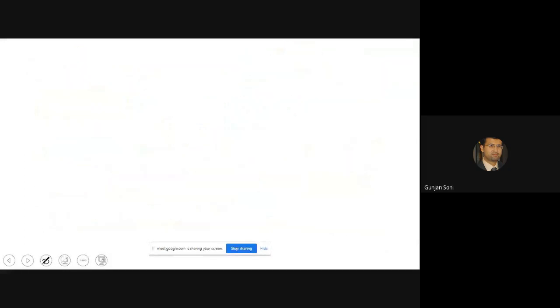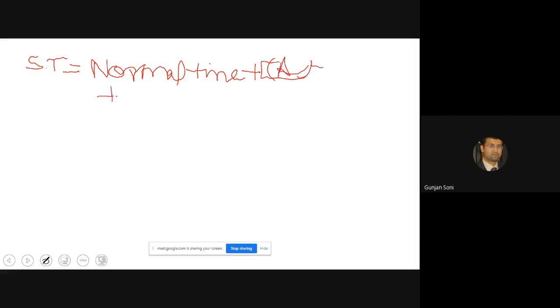Okay, so we can say standard time is equal to normal time plus, this part is wrong, plus allowances multiplied with normal time.